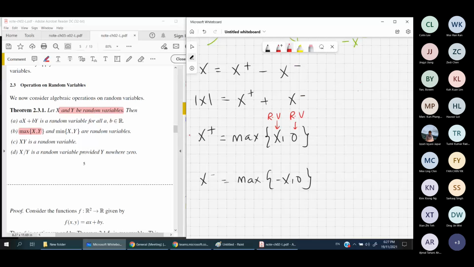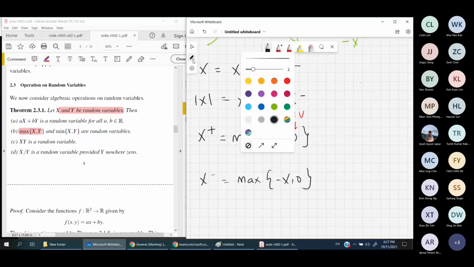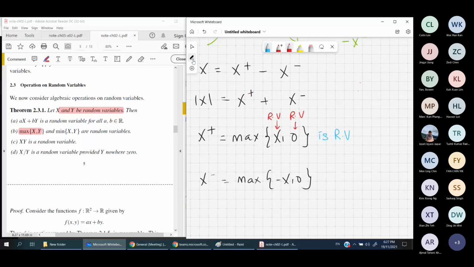If we look at here, we can see X plus is a max of this, so this one is also a random variable. This is directly by our theorem here. Okay, so this is by the theorem. Okay, likewise,